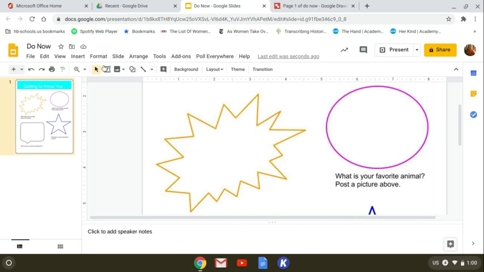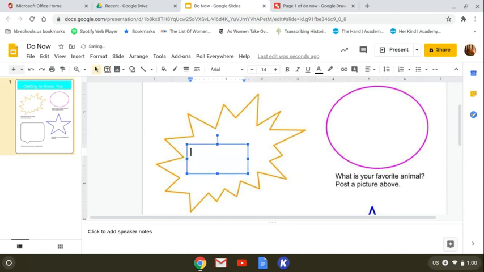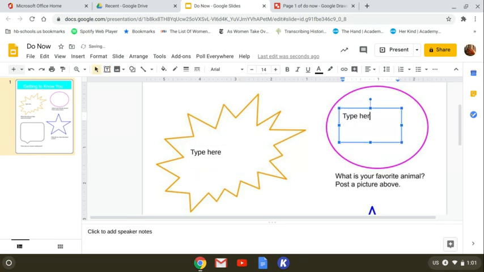And here's the thing, you need to choose Google Slides to do this because it's the one that has the feature to add text boxes and it lets you add this background. So most of what you do will be done on the Google Drawing, if you are going to make your own. And then once you get over to Google Slides, it's just put it in a background and